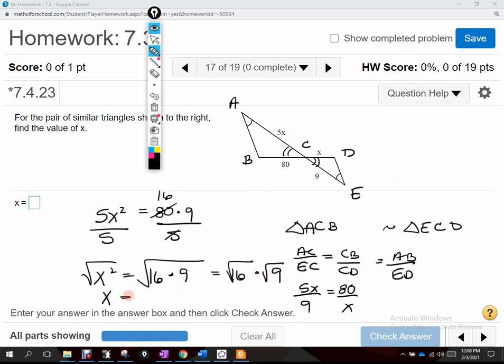What's the square root of 16? 4. What's the square root of 9? 3. What's 4 times 3? 12. Okay? Now, if I was a person that just said, okay, I'm going to blindly approach this,